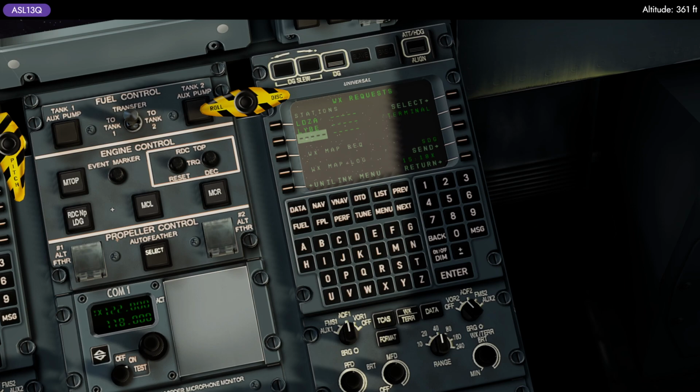I also want to try, maybe we didn't need to enter everything, so it's sending. Nope, nothing happens there. So we can now return, check our message log, and we have received the weather data report, which says that